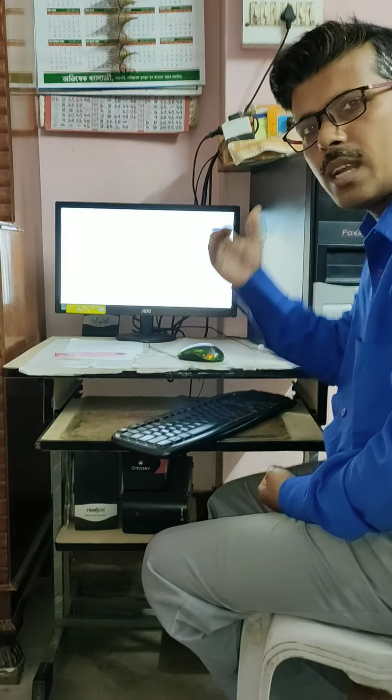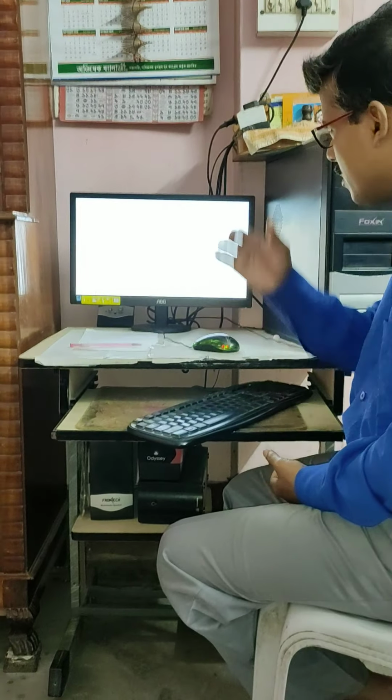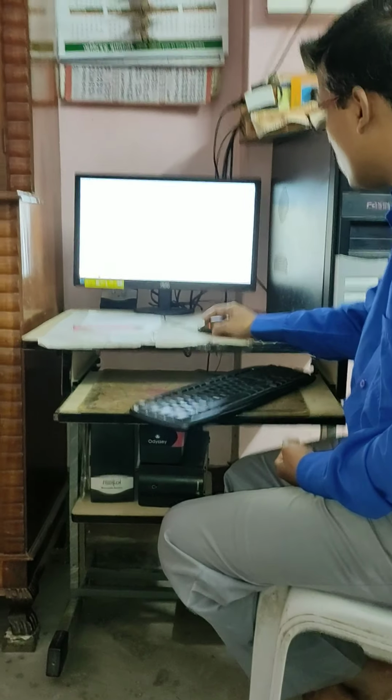And what is the benefit of this database? You can easily put the names in ascending order and descending order. You can also filter a particular item. Suppose you want to search a particular name, then you type it there and you can search for that particular name as a filter. So you will try this at your home.